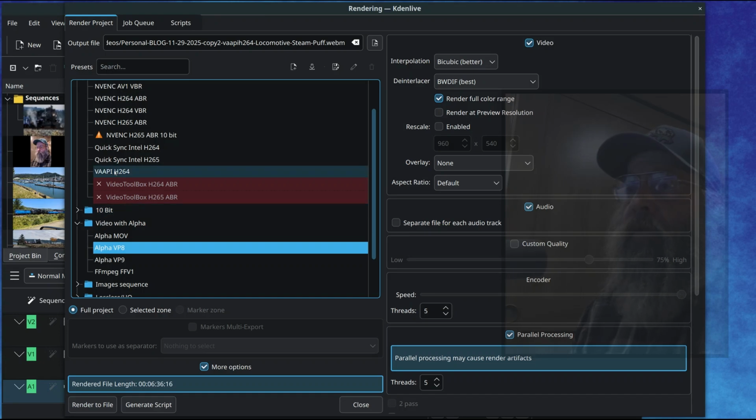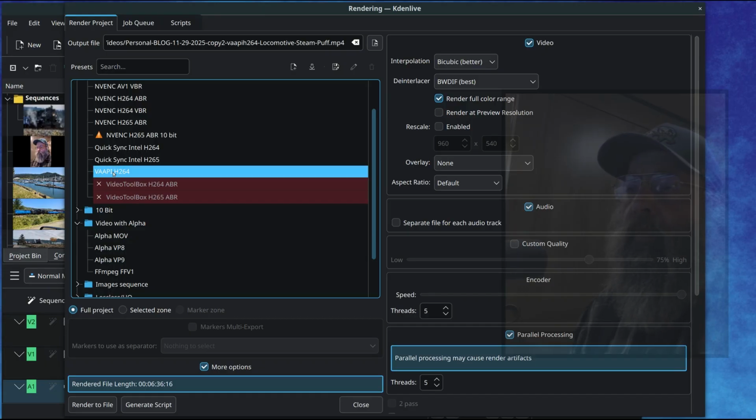Here, the only option that I found that accepts the VA API and actually knows what to do hardware-wise while the encoding and rendering is going on is this, and this comes out as an MP4, which doesn't support